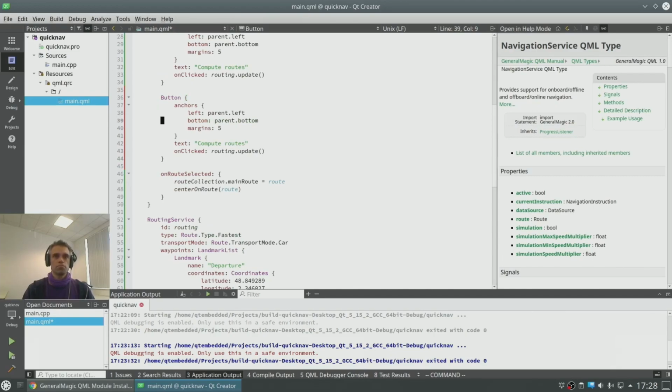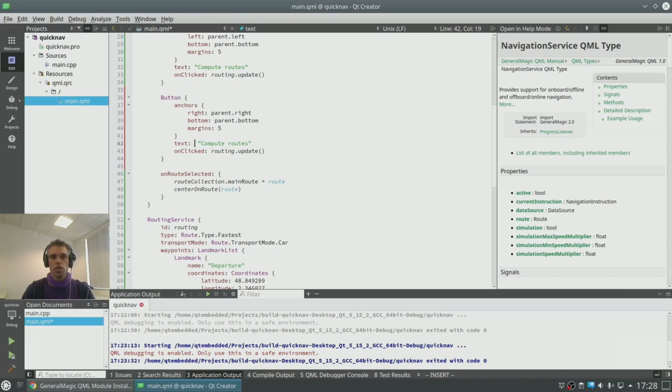There it is. So this button is going to be, let's put it in the right bottom. Okay, also not right at the edge. And if navigation is not active, we want to start it. If it is active, we want to stop it. That way the user can toggle the navigation on or off and thus control it.